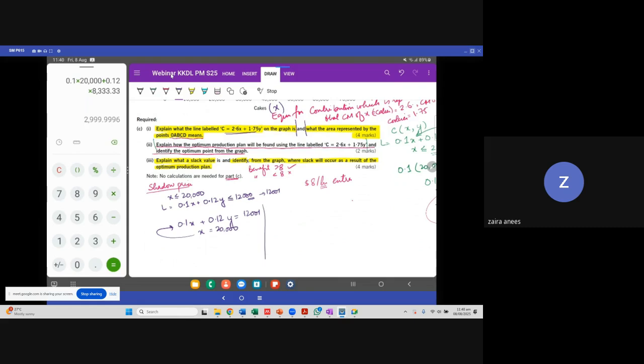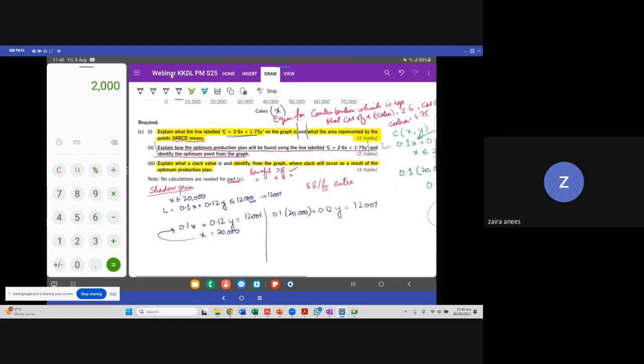So 0.1 of 20,000 plus 0.12 of Y equals 12,001, right? So this will be 0.1 of 20,000, it's 2,000 minus, what is,